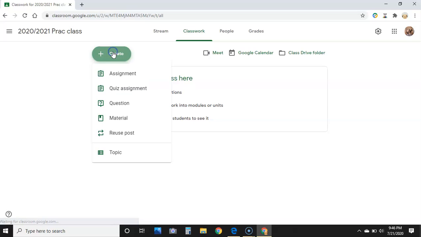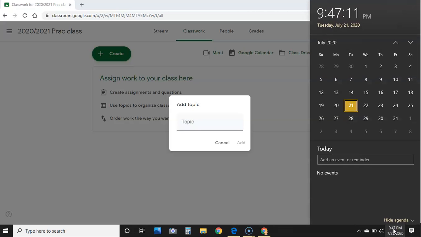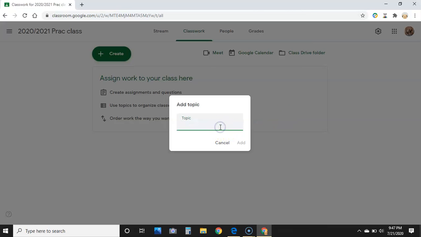So when we create, we'll create it, just like it says, an assignment, a quiz, a question, material, or reuse a post. So for us, we're making topics, and each topic will be a week. So we are starting school here in Arkansas on the 24th. As of right now, we're supposed to start on the 24th, which is a Monday. So I'm going to put August 24th,